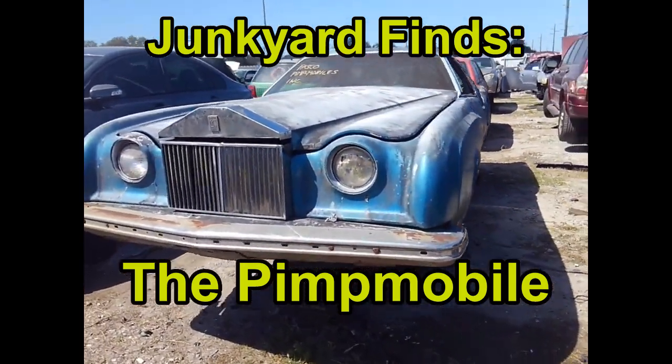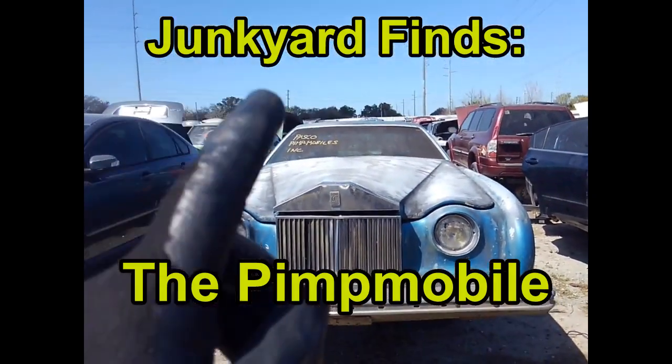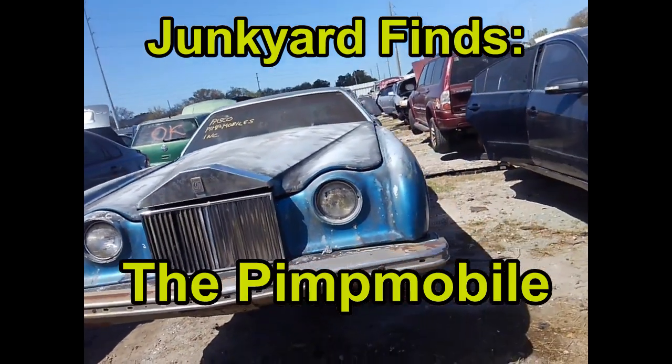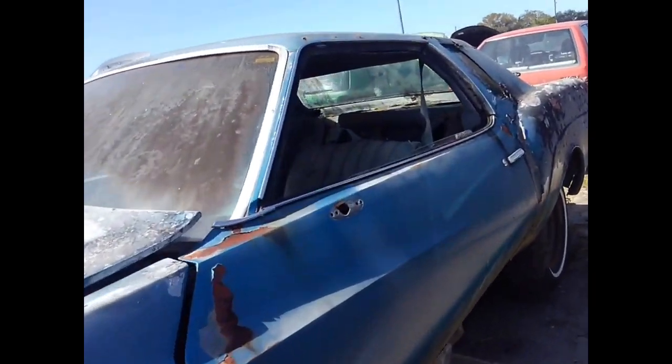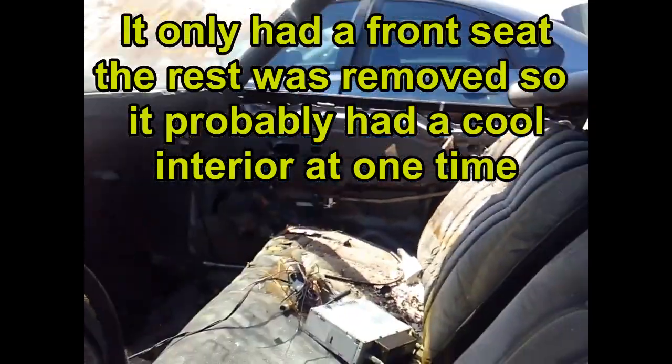Because as soon as I seen the front of it, I went, it looks like a Pimpmobile. Then I seen that up on the windshield. Custom Cloud. Interior, I was totally expecting dingleberries hanging down, leopard skin all over the place, and it's like